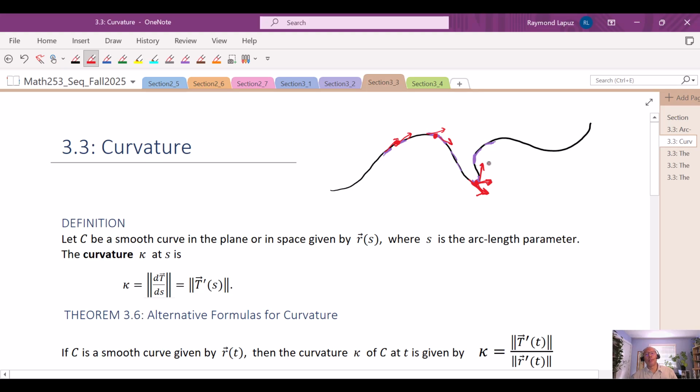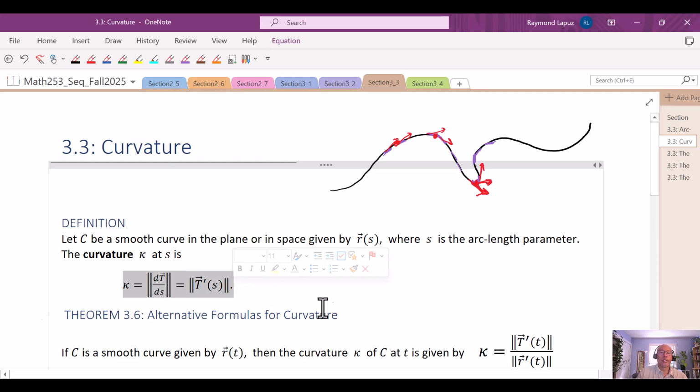And so that's going to show you a higher curvature, because the rate of change of your unit tangent vector is a lot more where it's curving more. So the definition for the curvature is going to be the rate of change of the unit tangent vector when it's parameterized by arc length. Okay, now